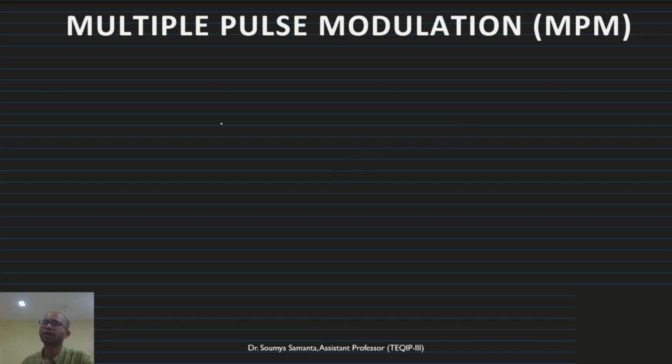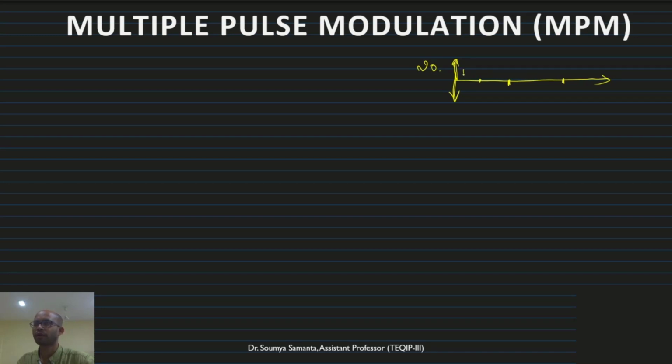Now in this case, multiple pulse, suppose we have more than one pulse per half cycle. So now let me derive this part. Let me derive this for, say, 2 pulses per half cycle. I am considering 2 pulses per half cycle. This is the output voltage, and this is pi, this is 2 pi, and that's all. So it is pi by 2.